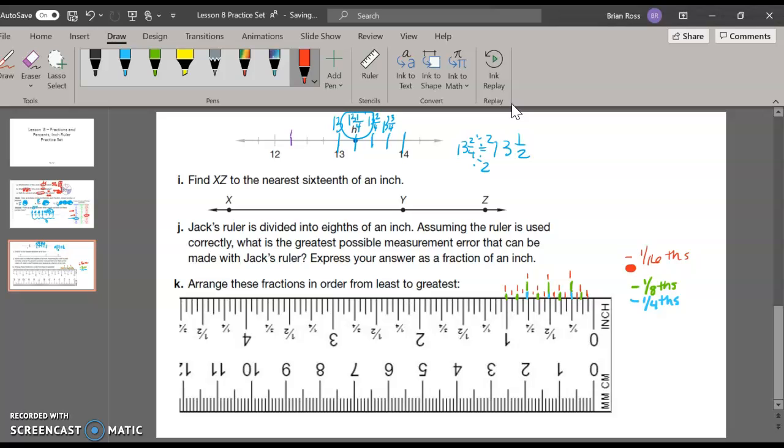So let's see if we have 16 of these red marks. So I have 1, 2, 3, 4, 5, 6, 7, 8, 9, 10, 11, 12, 13, 14, 15, 16. Awesome. So this is 1 16th, 2 16ths or 1/8, 3 16ths, 4 16ths or 1/4, 5 16ths, 6 16ths